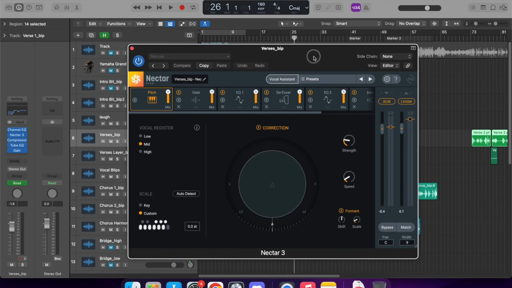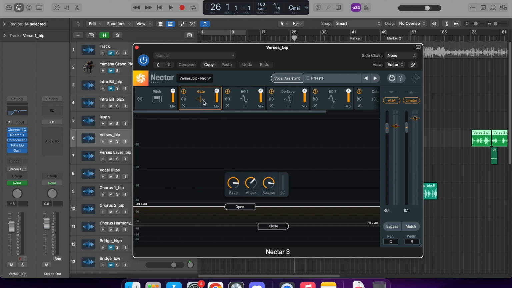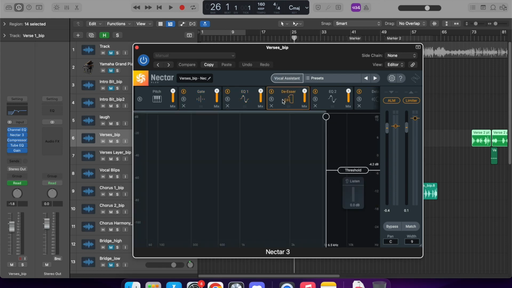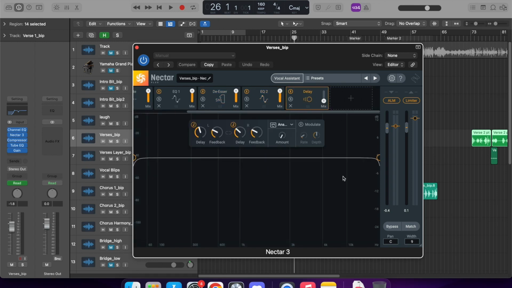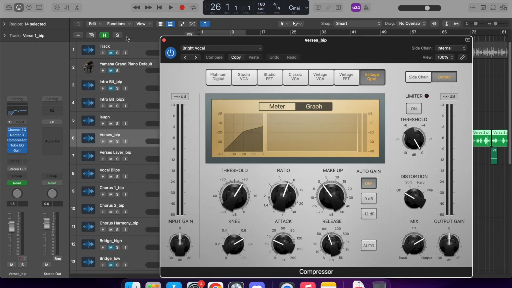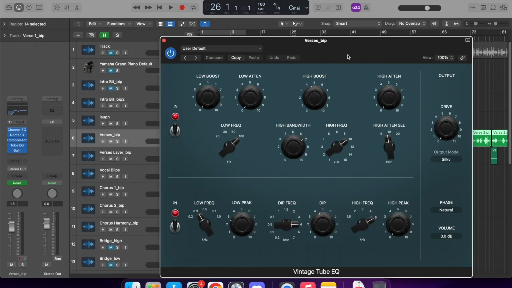And then you play a bit of audio, and then from there it would apply those effects as you play the audio. So here for the verse vocals, I use a bit of pitch correction, a noise gate, this EQ to pronounce some of the higher frequencies, this de-esser to lower the sibilants, and then another EQ layer, and then this delay which I automate in at the end of the verses. I guess I put a little bit more compression on that, and then as well as that tube EQ.